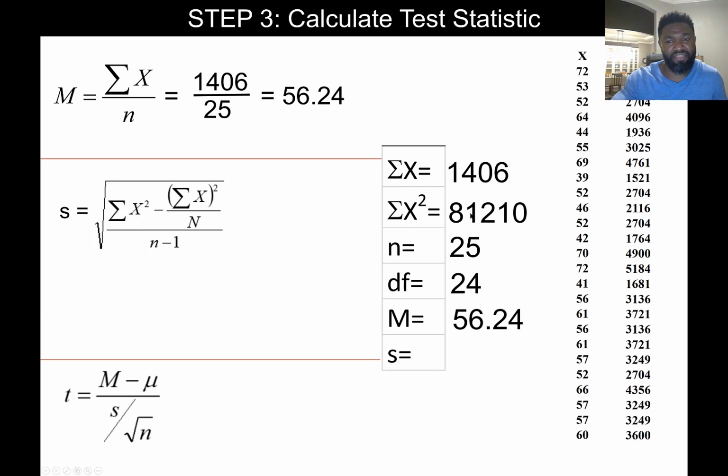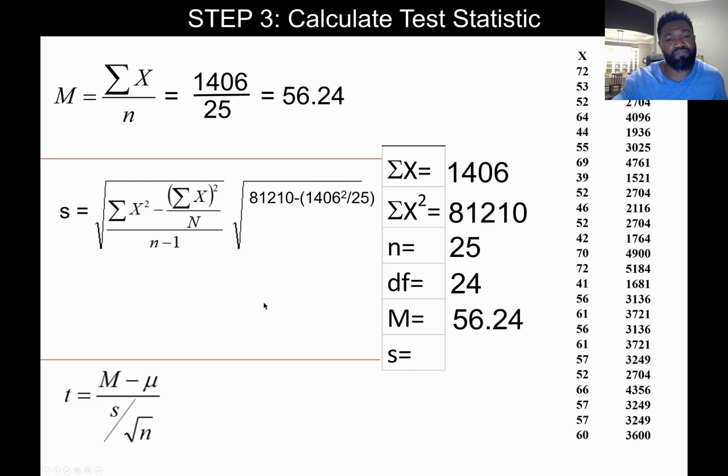And that's that number right there. We've done that already. And from that, you're going to subtract the sum of all the x's, that total here, squared, divided by n, and you're going to divide that by the degrees of freedom, which are n minus 1. So let's go ahead and do that, okay? And so if we do that, it's going to equal